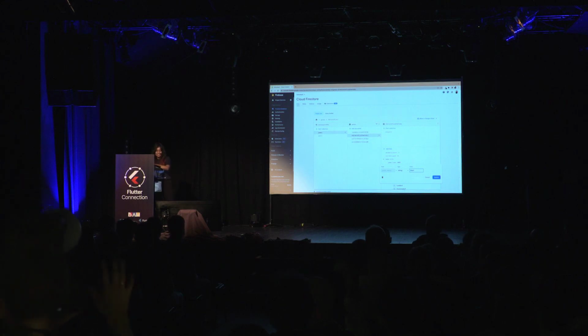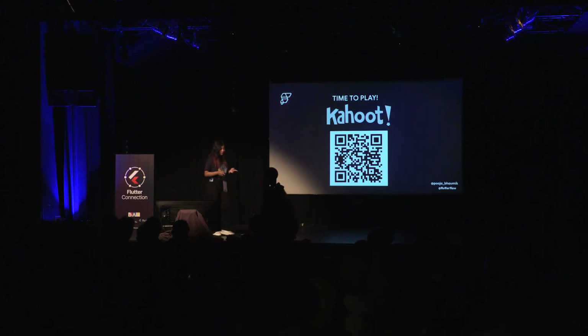So this would be preparing. And yeah, so get to the Kahoot quiz at .flutterflow.app, something like that. And once you're ready, I will move to the host app, where we will be showing the Kahoot questions. And you're going to be actually playing with us, because we have a lot of stickers and